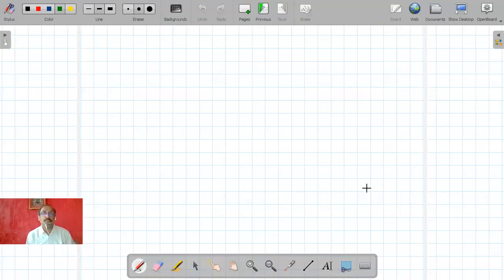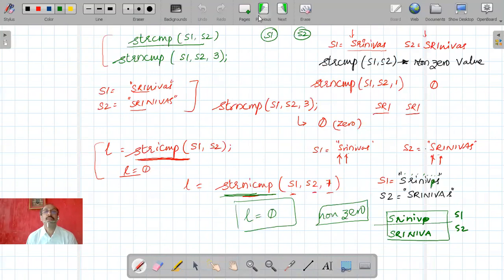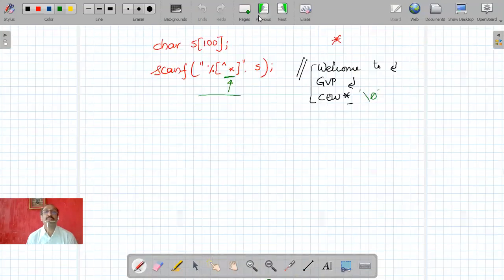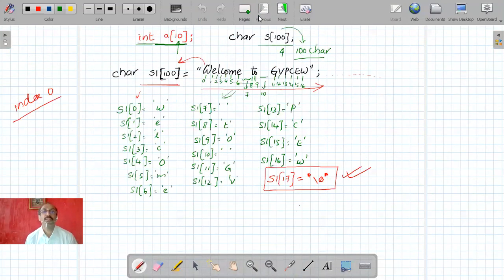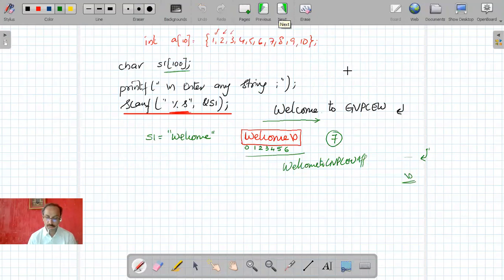Good morning. We have seen how to declare a string, how to declare a character array, and how to access the elements of the array. This is the declaration of an array. At the time of declaration, you can assign values. We have seen that. We have also seen that we can read the string from the user by writing %s